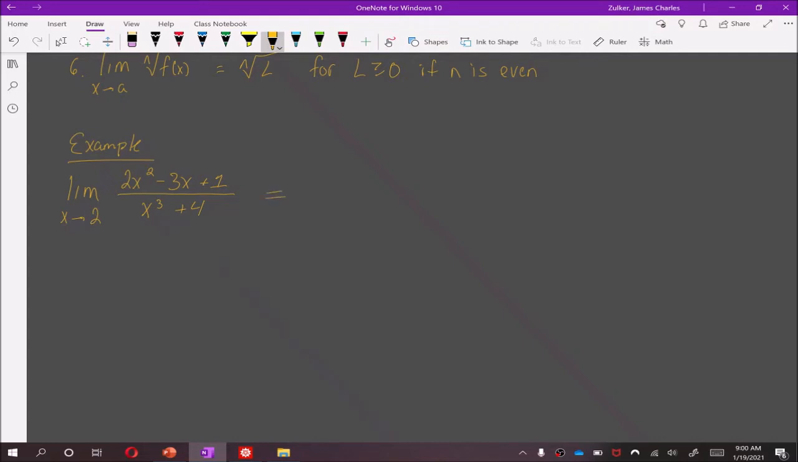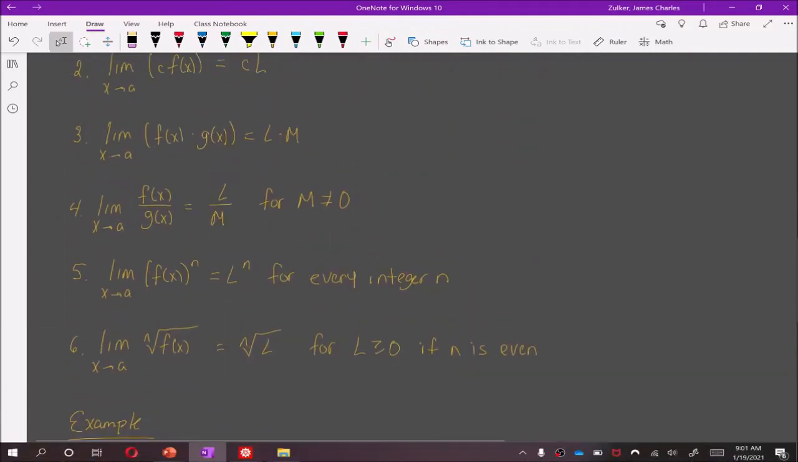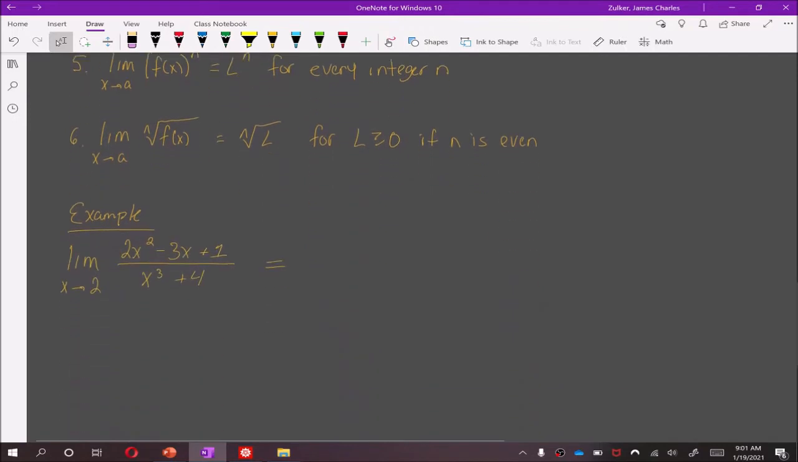Now, the first law that we see here would be a quotient. And that should be law number 4. So I'm just going to write over here, this is by law 4. Limit as x approaches 2 of 2x squared minus 3x plus 1